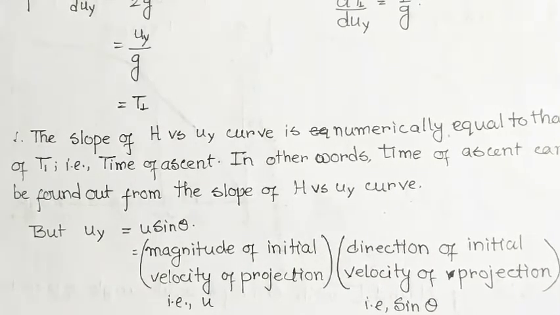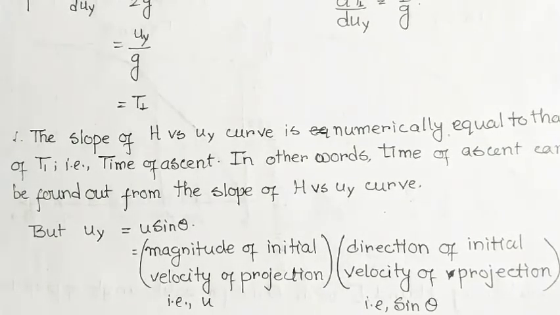And if uy changes, the y component of the initial velocity will change. The quantities that we have derived throughout, that is the maximum height and the time of ascent, will change, isn't it? How all of these things will change, we will see in the next lecture. But again I want to tell you, just try to write down the key matters, the key things in your copy. Thank you.